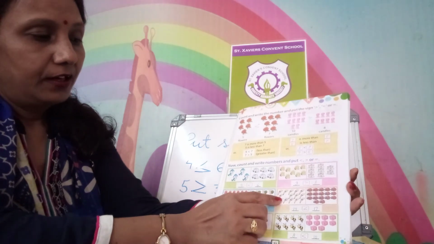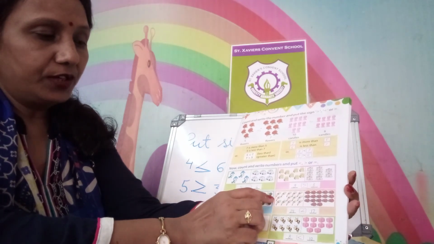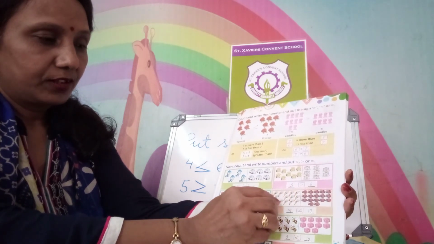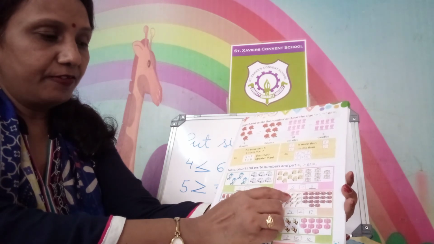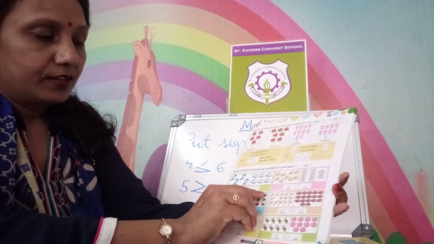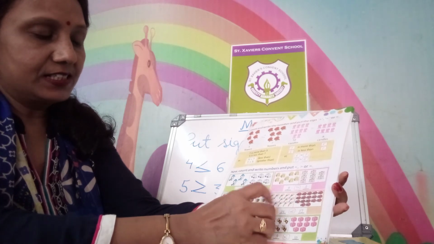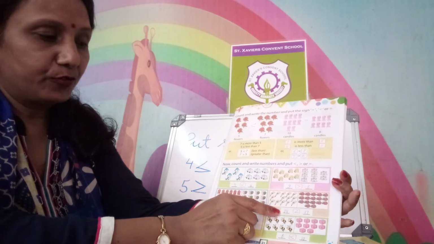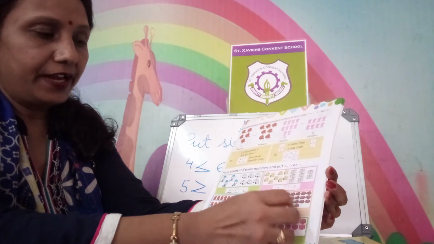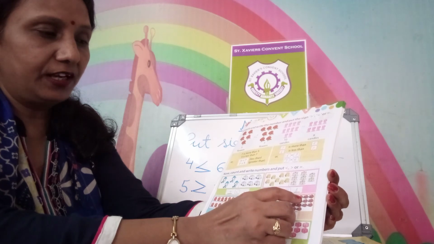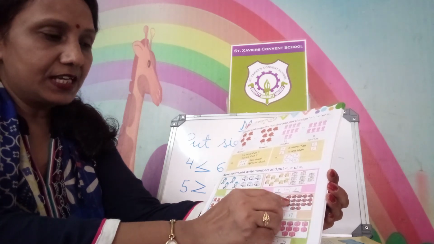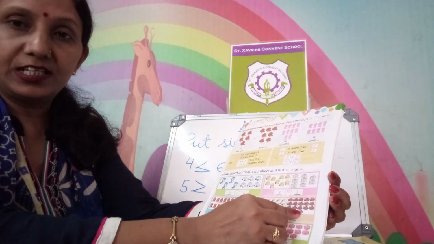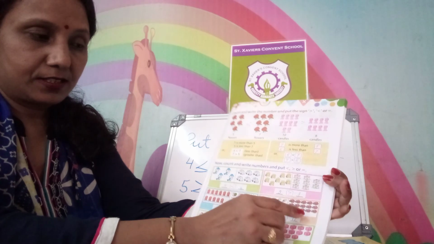Things are less. Next picture you see, count it first. First block 1, 2, 3, 4, 5, 6, 7, 8, 9, 10, 11, 12, 13, 14. So you first write the number 14 there. Now next picture, count 1, 2, 3, 4, 5, 6, 7, 8, 9, 10, 11, 12, 13, 14, 15, 16, 17. Count it with me. Yes. Counted.